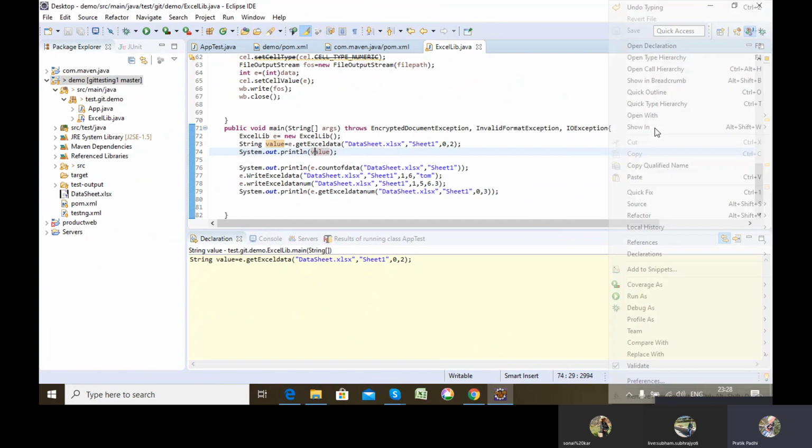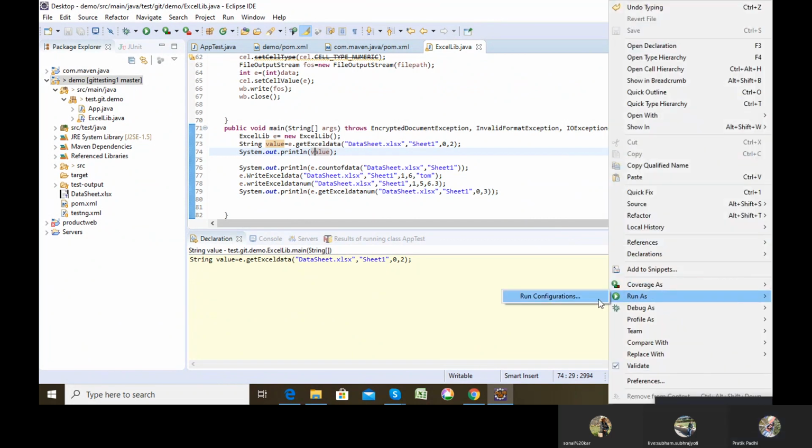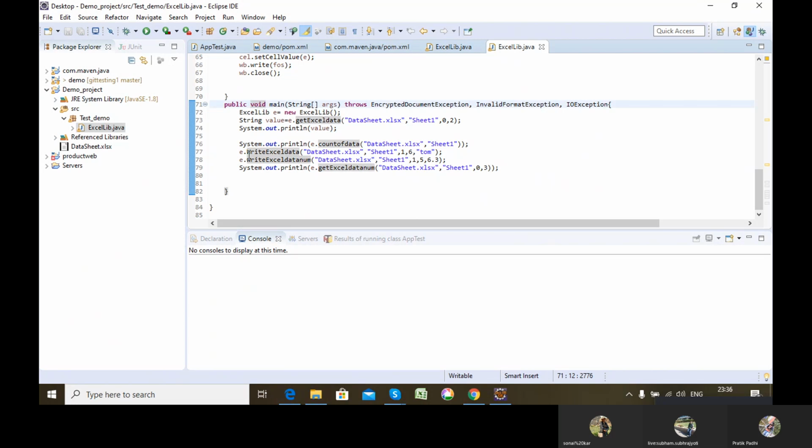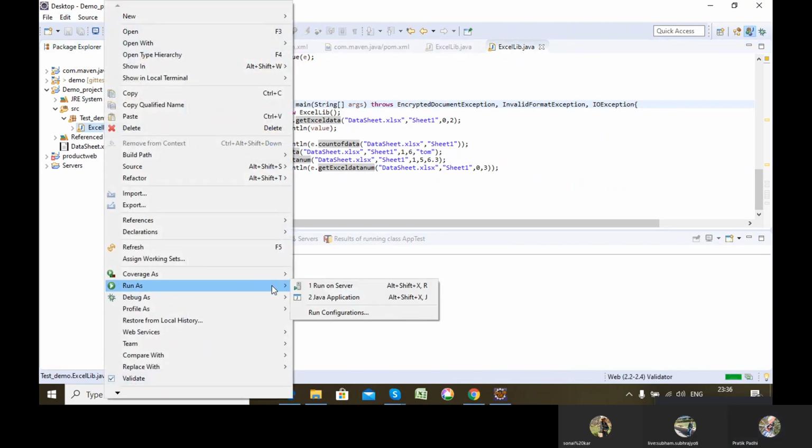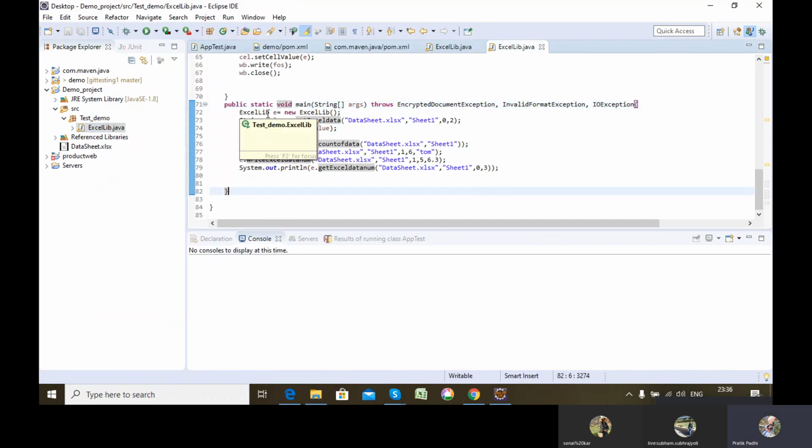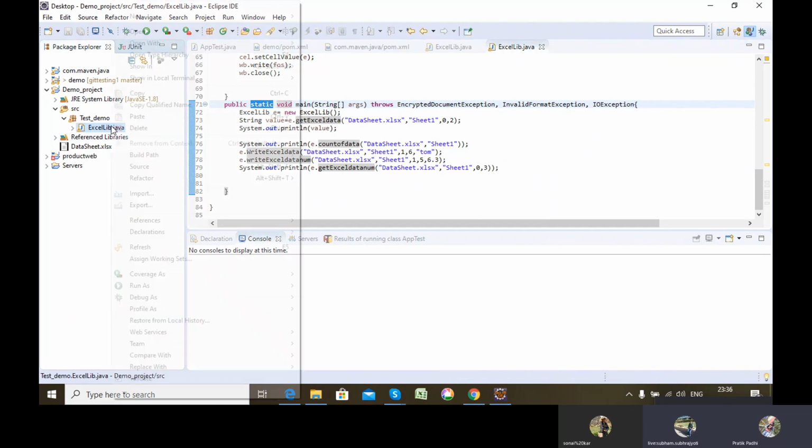Actually, I hadn't added static here, that's why run as Java application was not coming. I had given only public void main, so it should be public static void main. Okay, now let's execute.